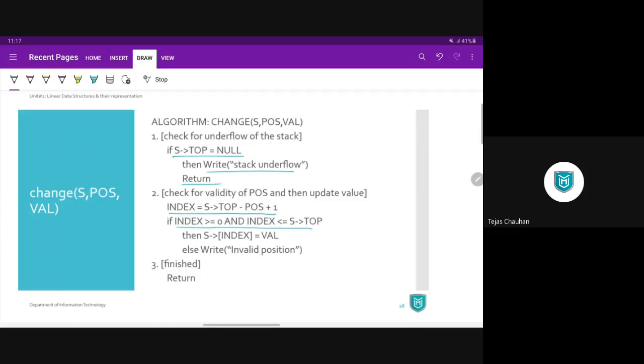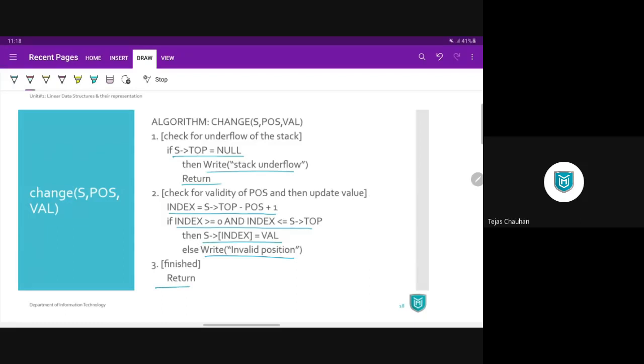That index must be greater than or equal to 0 and less than or equal to top. If it is the case, then at given index, or at calculated index, we are going to update the value. Otherwise, we will print invalid position message and return. So this is the change operation.